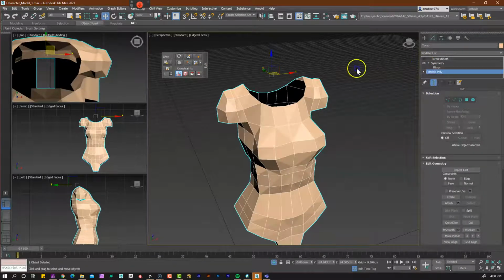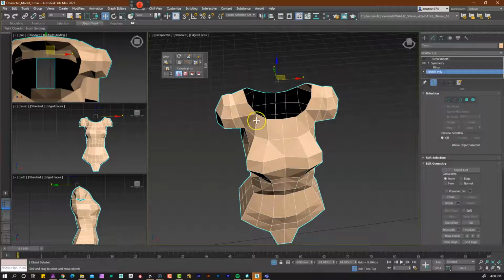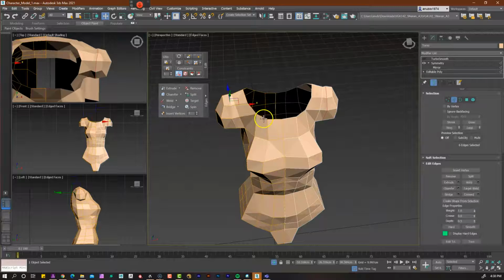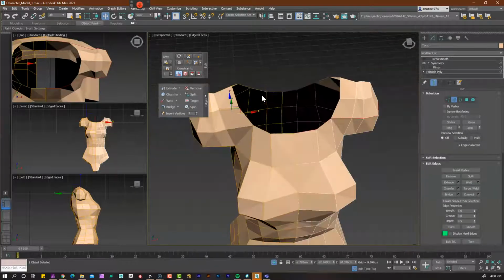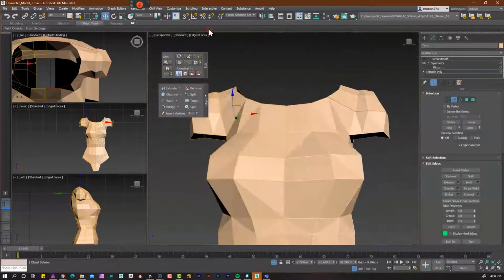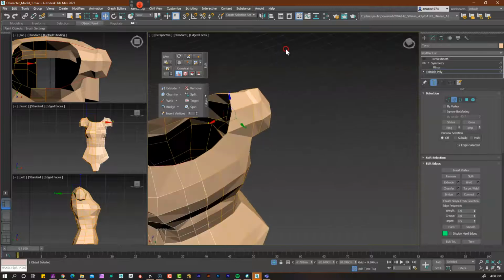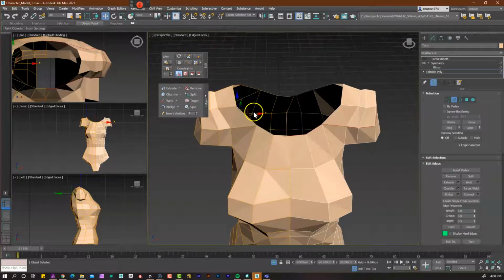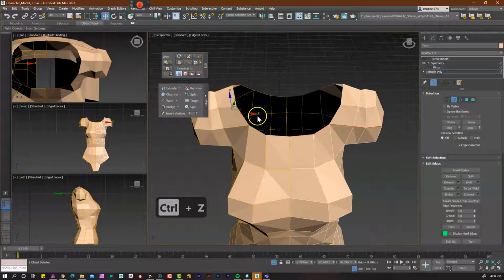Alright, so we'll go back to this guy. And I'm going to turn it to Turbo Smooth for a minute. And what we're going to do next is fix the shoulders, right? Going to the neck. So edge, double click the edge. And I see that it's somewhat, let me just move this for a minute. Yeah, see, it didn't do it correctly. So at some point, I'm going to have to